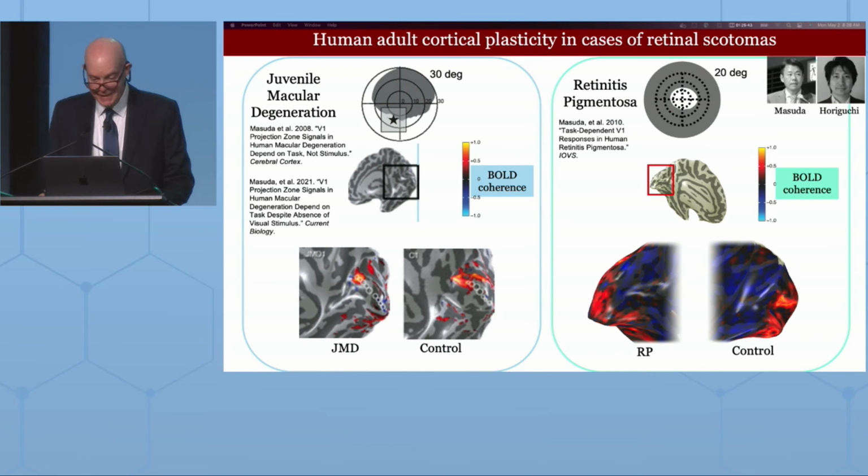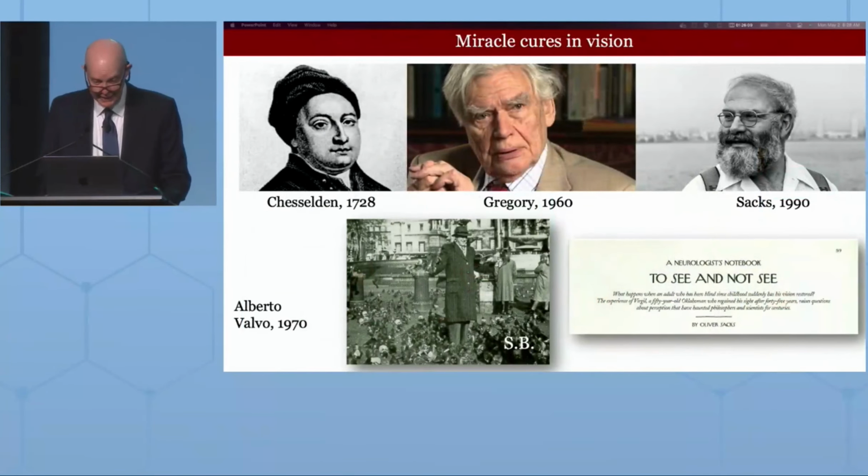And in fact, in a series of papers that I won't go through in detail, but that were convincing to me, Yoichiro Masuda and Hiroshi Horiguchi are here, and they made measurements in juvenile macular degeneration cases where the lesions were natural from diseases, retinitis pigmentosa cases, and our rough conclusion about the stability of the maps that we had seen in the measurements in the adult, that we had seen in the cases with Logothetis, were confirmed, and so forth.